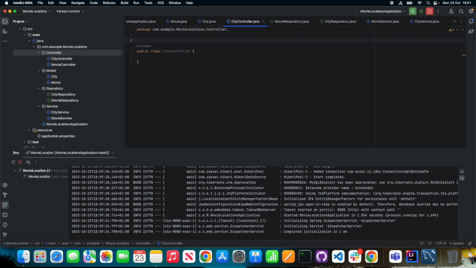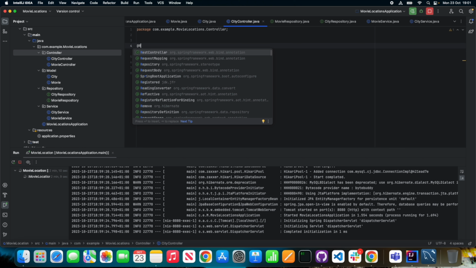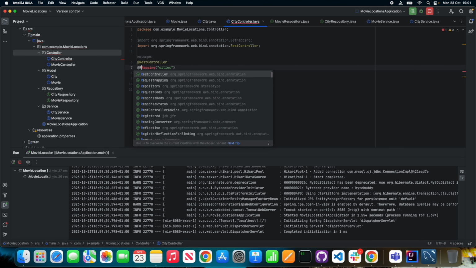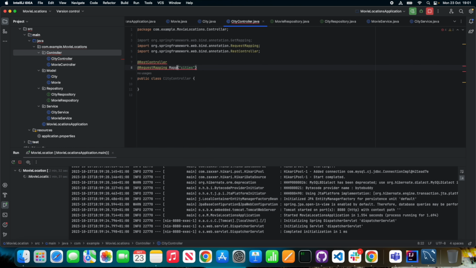If you can remember, we use the REST controller annotation, and we use the get mapping, and you can list anything over here like cities or whatever you want. You need to use request mapping over here. Get mapping comes on top of the function, so my bad. And then you have cities over here, and whatever you want to name, you can just name, because as you come into the